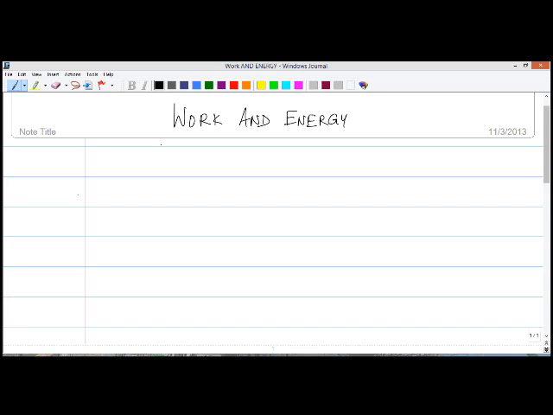So what we'll do is we'll start with talking about work first. We'll understand work, and then we'll connect work to energy and all kinds of things. Okay. So let us first define work. Now, if I have an object lying on some surface, and let us say that I exert a force F on this object,